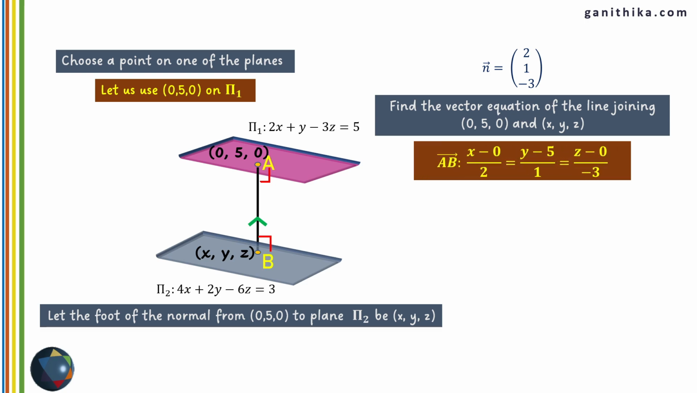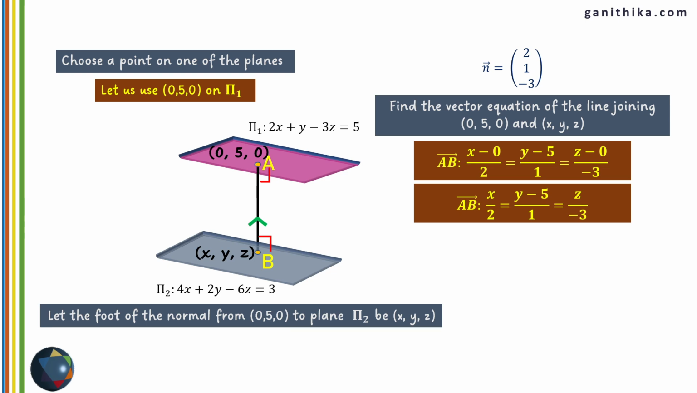Therefore the vector ab is the difference between the x's divided by the normal vector's components. So x minus 0 divided by 2, y minus 5 divided by 1, z minus 0 divided by negative 3. You have to subtract this from this, this from this, and this from this, and the denominators are from the normal vector. Okay, so let's simplify this ab vector into x over 2 equal to y minus 5 over 1 equal to